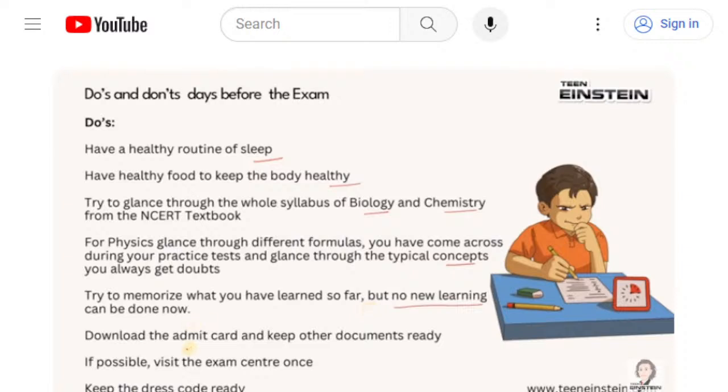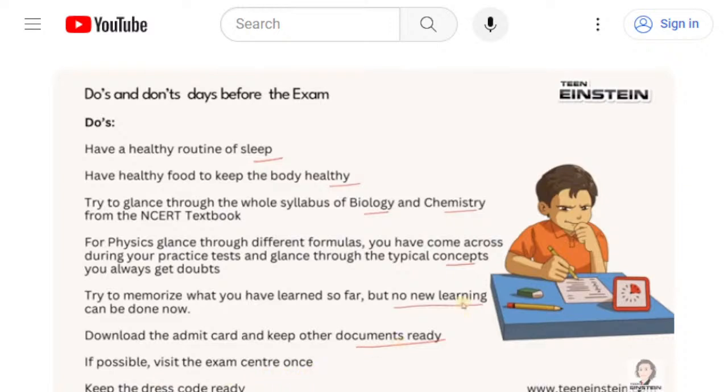Apart from that, as soon as the admit cards are available on the NTA site, download the admit card, get it printed, and keep all other documents ready during this time. You can keep your dress code ready also. After getting the admit card, you can try to get some information about the exam center regarding communication, etc. If it is not very far, you may visit once